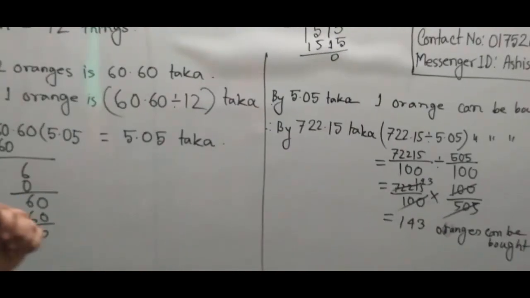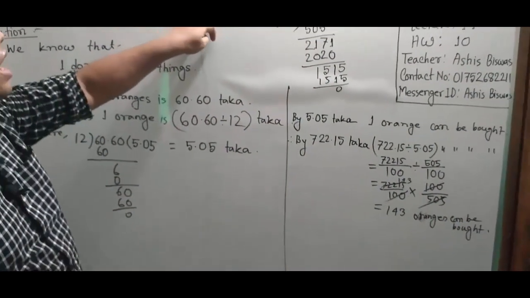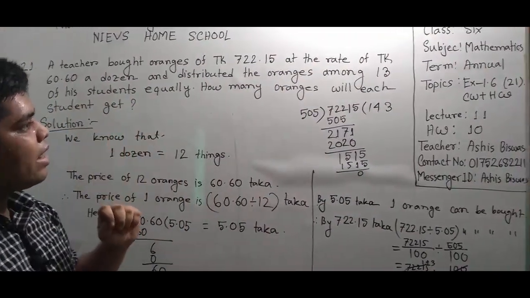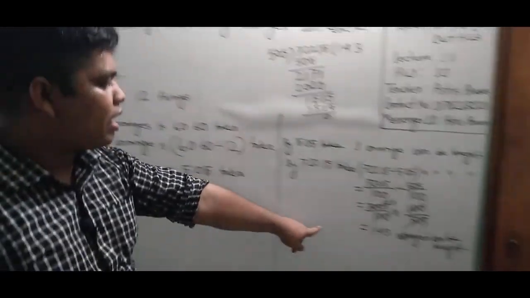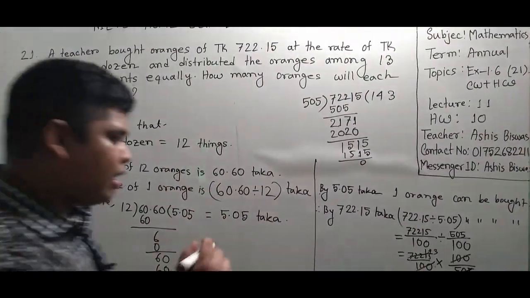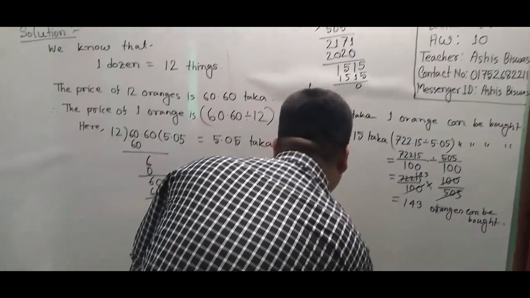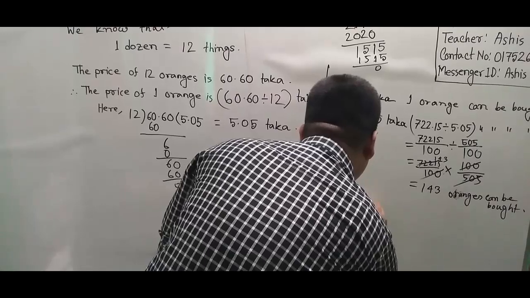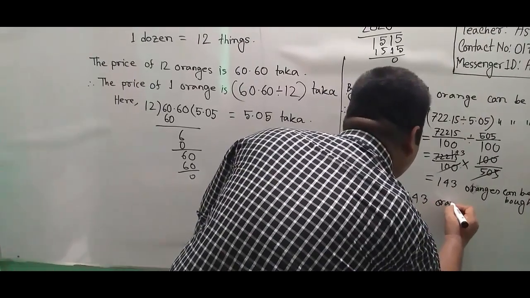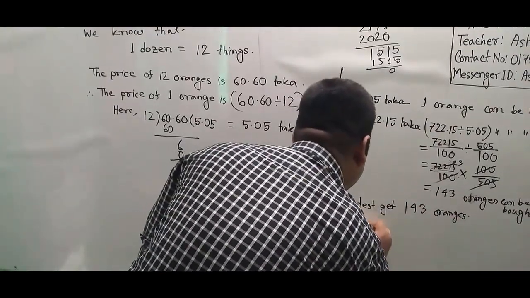My dear students, now read the question. This 143 is distributed among 13 students equally. So we can write: 13 students get 143 oranges. So how many does one student get? Now write: 13 students get 143 oranges. Therefore one student gets